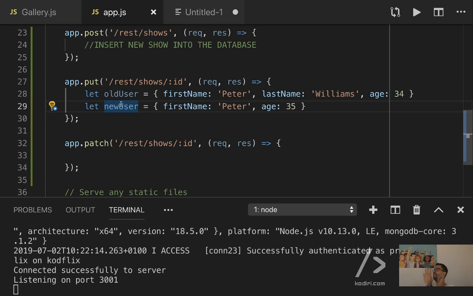Can anyone see any problem with this approach? Yeah, because if it was your phone number, and you forgot to put your phone number, you won't have that information. I think with patch, you only edit that bit of information that you touched on. Correct. Ewon is completely right. Put is very aggressive because you have to remember to update every single property, and also